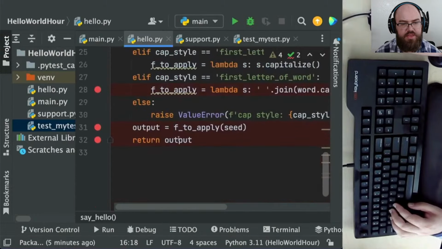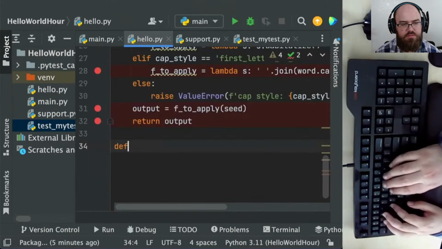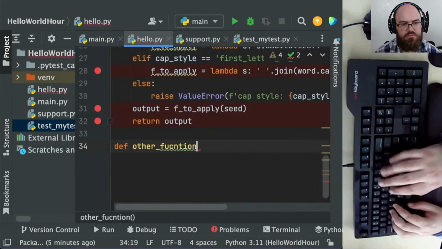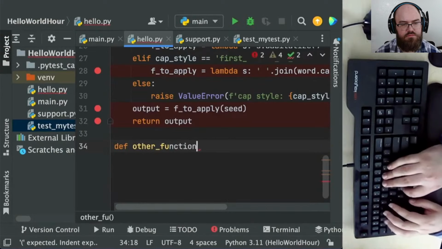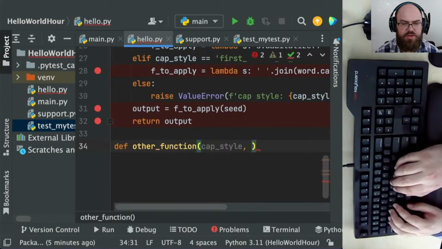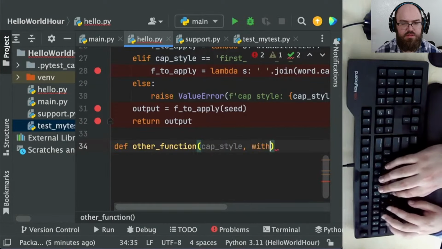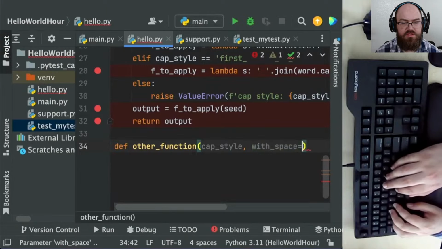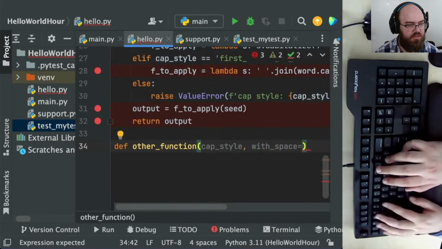Where did I go next? I think I added another parameter. What was I doing another function for? Oh, just to generate the doc string.